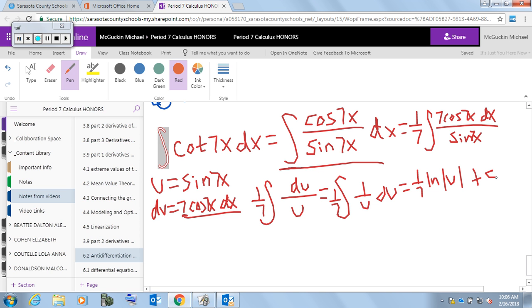Now, 1 over 7 times the natural log of u. Well, this really is 1 over 7 times the natural log of sine of 7x,